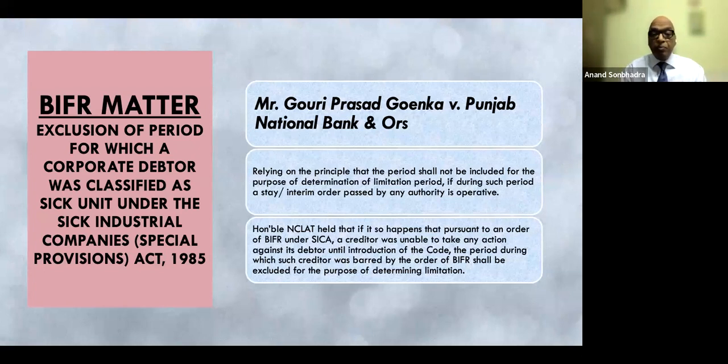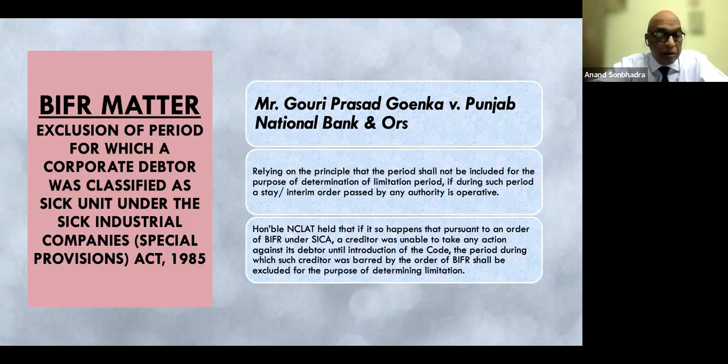So if there is a BIFR order under SICA on a corporate debtor, and it continues for whatever period, then that period will not be considered. So if default has happened before the order under SICA, then the period between the date of the SICA order and the date when it is lifted will not be counted as period of limitation. The period earlier to that and the period subsequent to that will become the period to be counted within